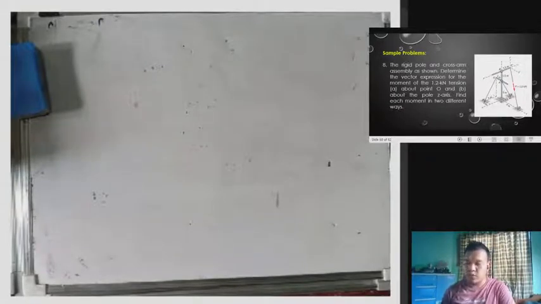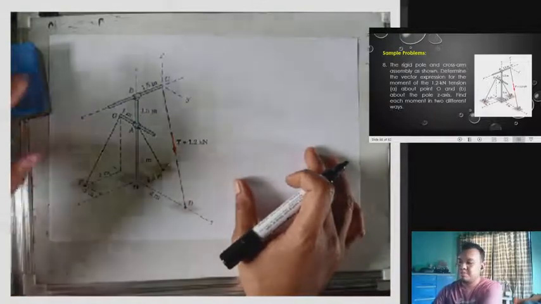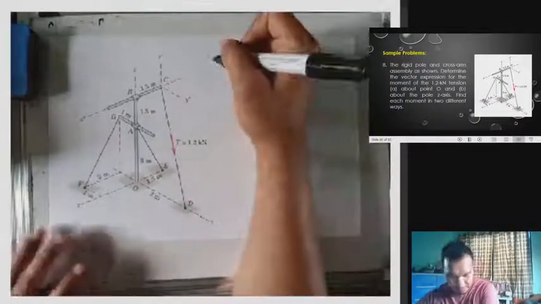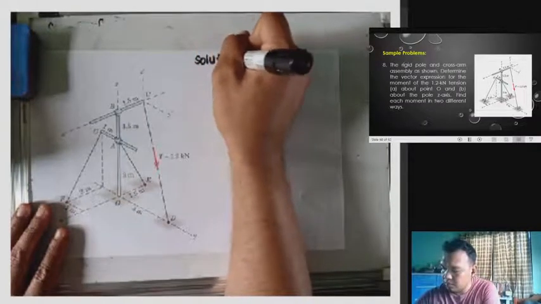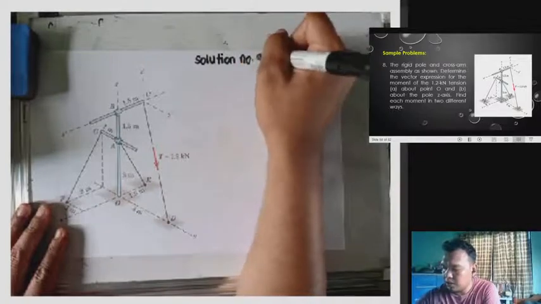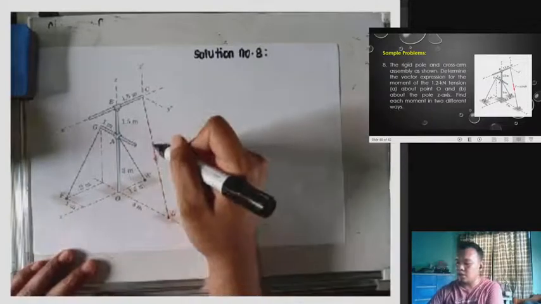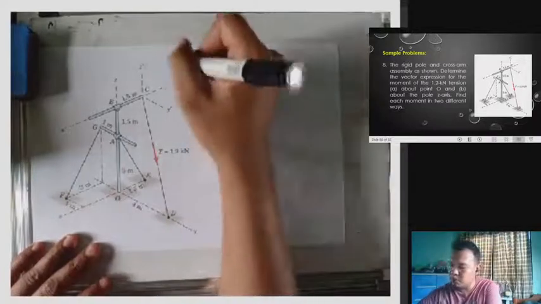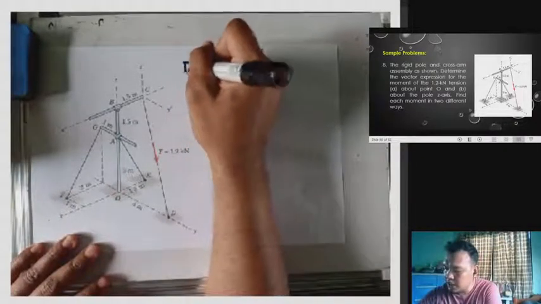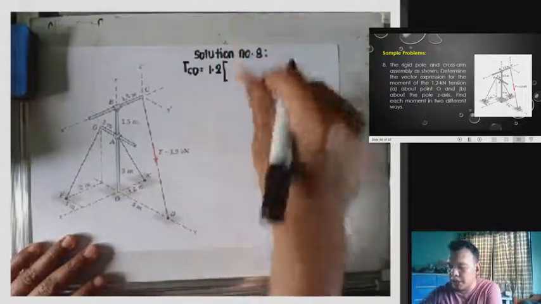Okay, solve natin. So we have here this figure. So solution ulit tayo. Number 8. So we have here force tension 1.2. So to get the value of T, di ba nasundan na naman natin siya kung paano kunin. So we have here T_CD is equivalent kay 1.2, diretso na natin, multiplied by the coordinates. Ang coordinates niya is